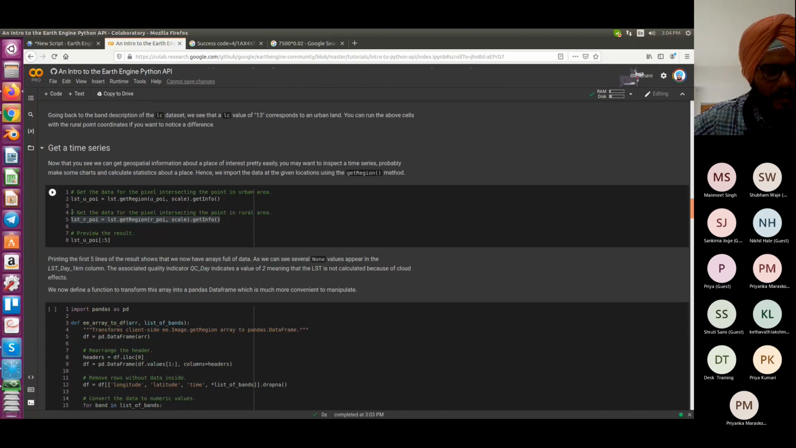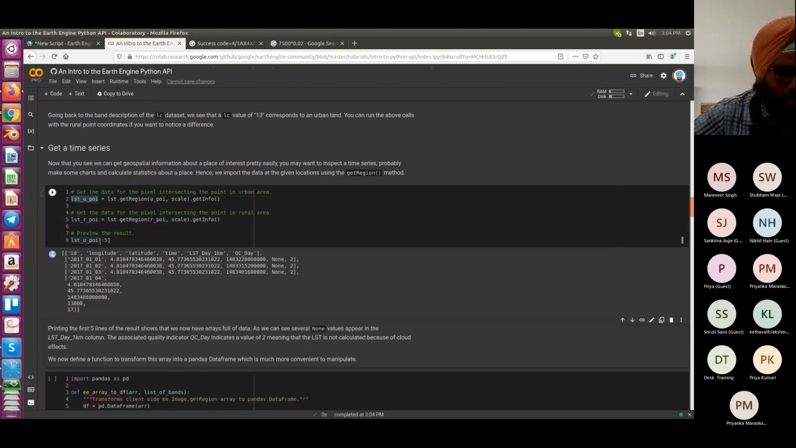So you can see here, all the times it will correspond. This will be a time series consisting of all the times for that urban area and for the rural area. So just printing out the first 5 values here. So you can see here it prints first thing as ID, longitude, latitude, time, LST day 1 kilometer, QC day,